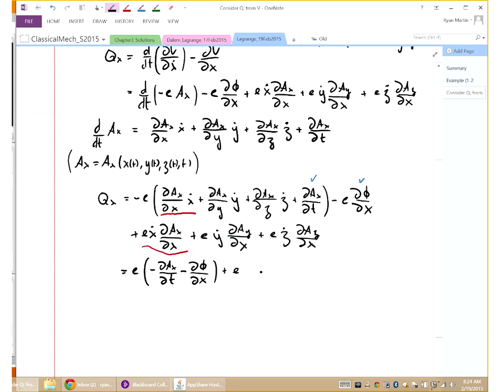Then let me collect the terms in y dot. So I have e y dot. I have two terms. I have this positive term over here and a negative term up here. So the terms in y dot, we have a ∂Ay/∂x